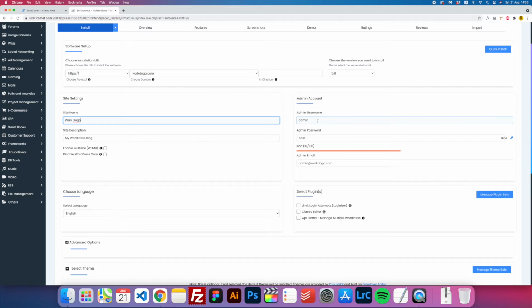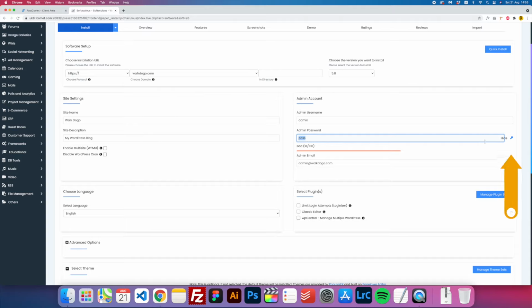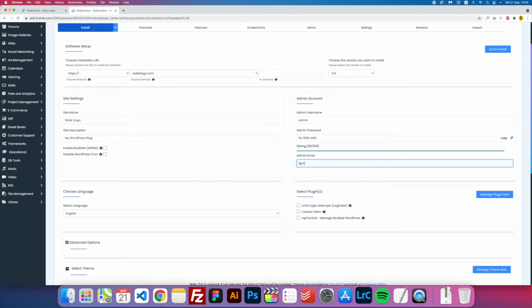That's okay. And now the admin account. This admin username and admin password will allow you to get to the WordPress dashboard. So it's very important to not lose it. In this case we're gonna use admin, and the password should be quite complicated and difficult to guess. So I suggest you click on the blue key. It will generate the password. And the admin email, just use your most